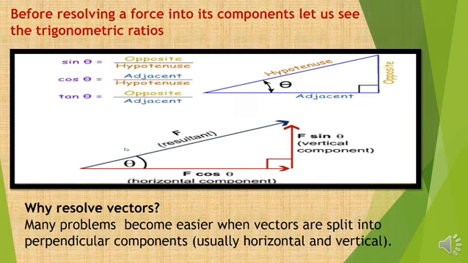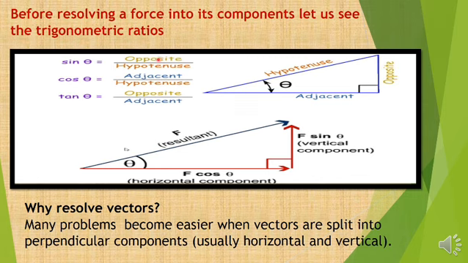Now, resolving a force into its components, let us see how trigonometric ratios do their work. What are trigonometric ratios, or what is trigonometry? Basically, trigonometry is a branch of mathematics in which we discuss the relationships of the right angle triangle. As you can see, this is a right angle triangle and we have three sides: base, perpendicular and hypotenuse. The ratios are